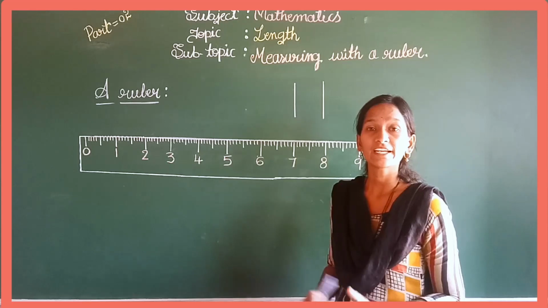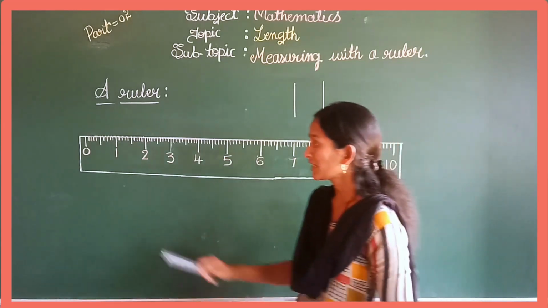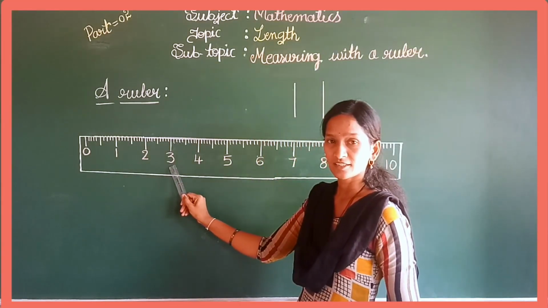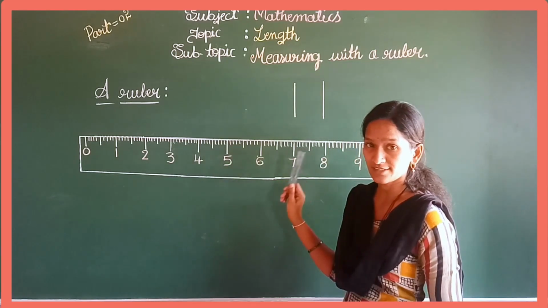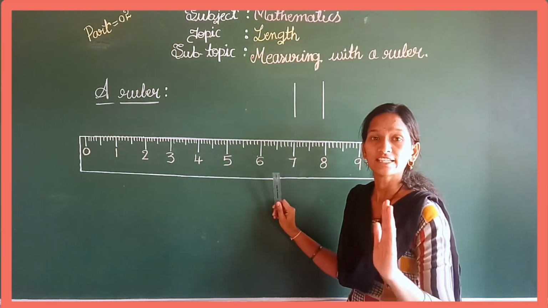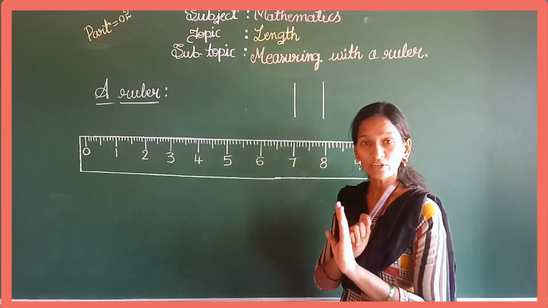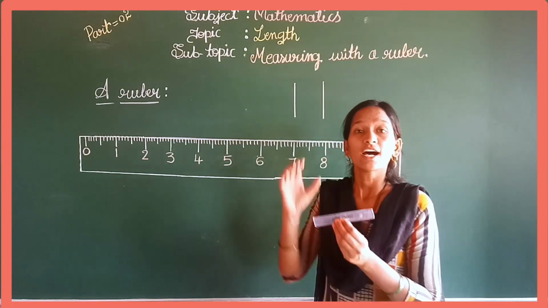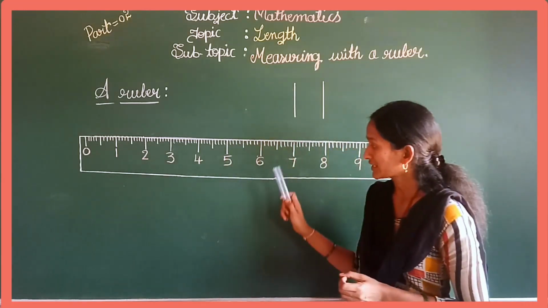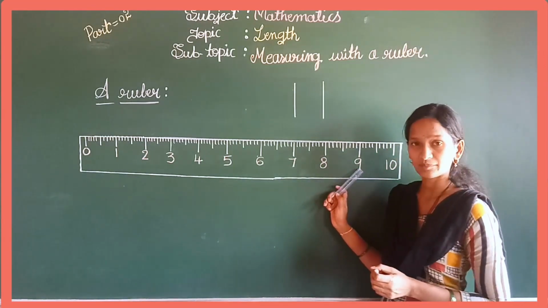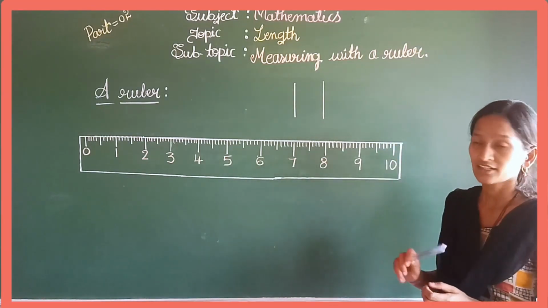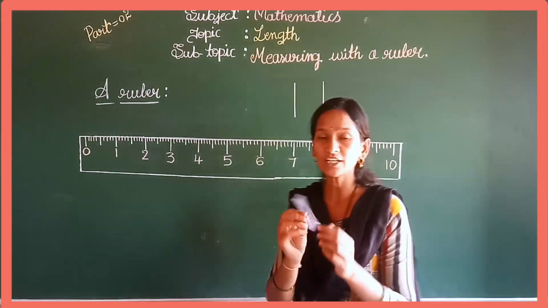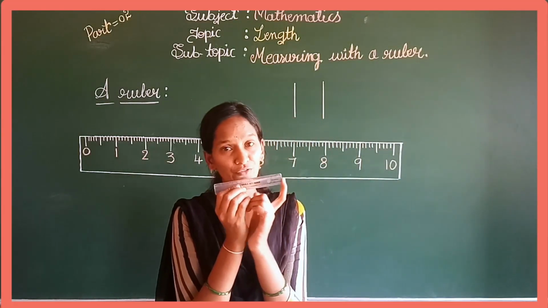So these marks indicate centimeters. For example, 1 centimeter, 2 centimeter, 3 centimeter. Because we are using the centimeter side, right? So in your class two, they introduce only centimeter, not inches. So don't worry about this side. You have to concentrate only on the centimeter side, right? So it is 6 centimeter, 9 centimeter and 10 centimeter. The last number is 10. So here I wrote only up to 10. But in your ruler the last number is 15, right?